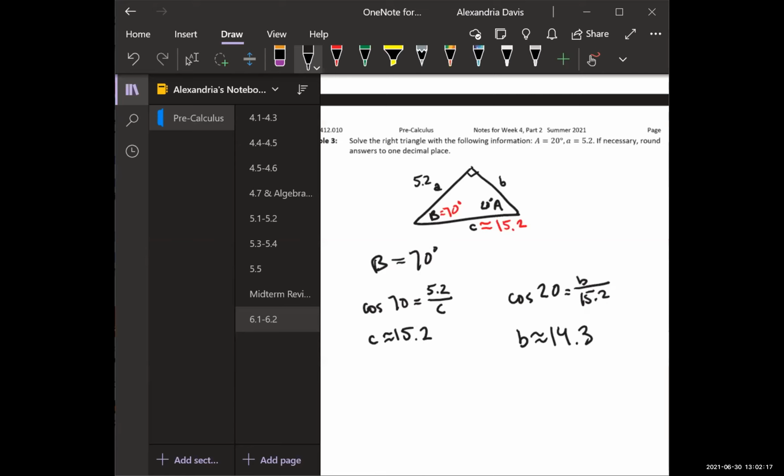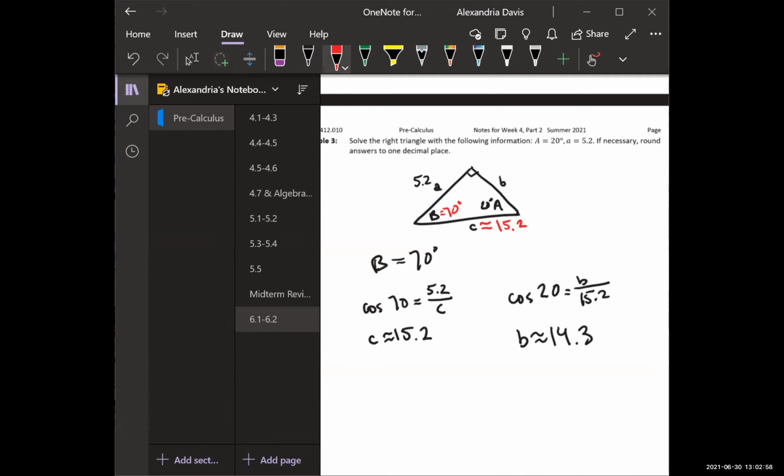So since cosine is adjacent over hypotenuse, I just put that into the equation. I didn't have c, obviously, but I had the angle and the adjacent side, and then I just did algebra to figure out that it was approximately 15.2, and then I used that information to find